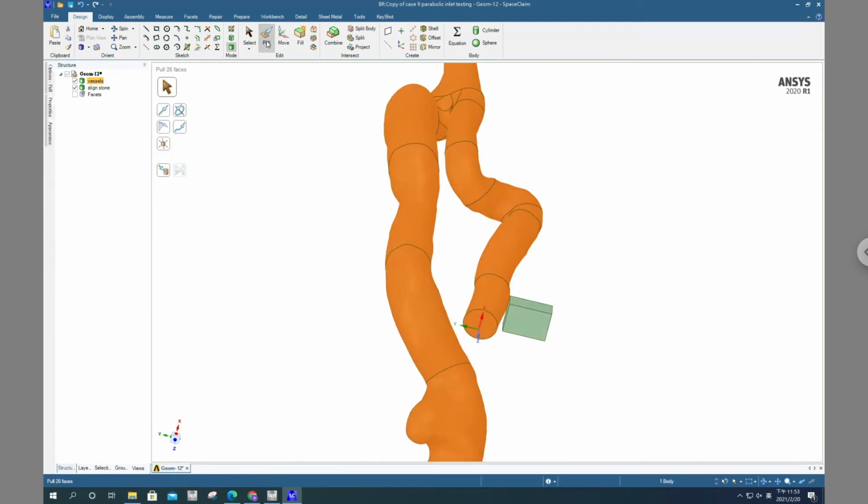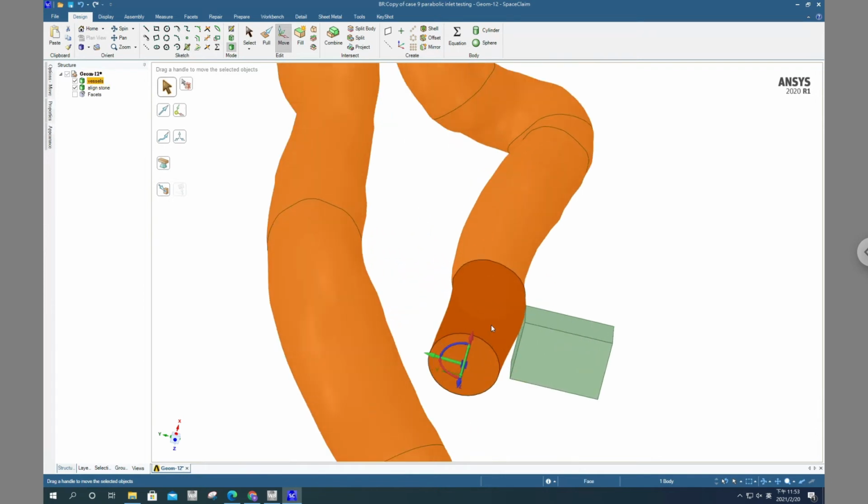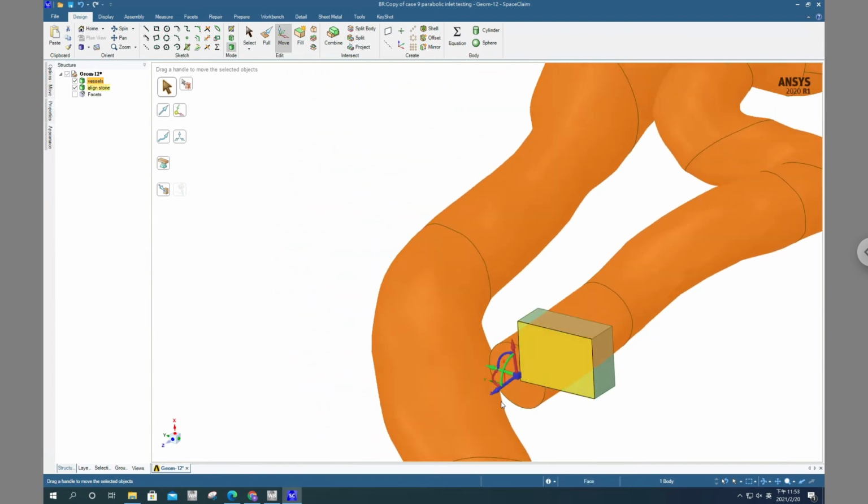And then select your target solid. In this case, I call it vessels, and then click the move tool. And as the same, we move the move tool to the inlet face, and then we select the z-axis, and then we click. This time we don't click the Up To tool. This time we click